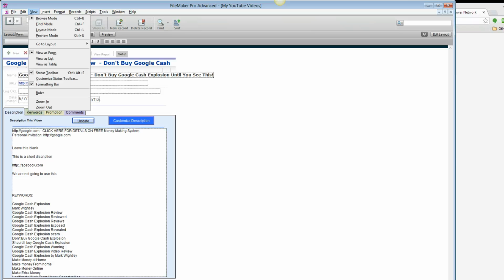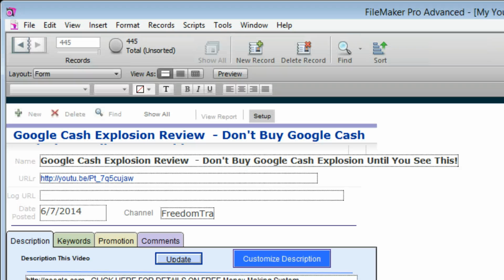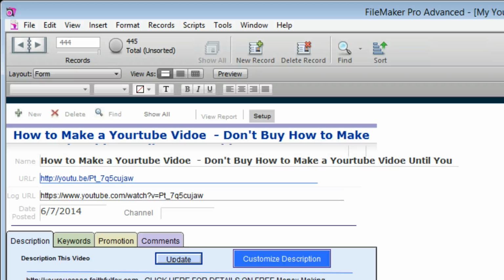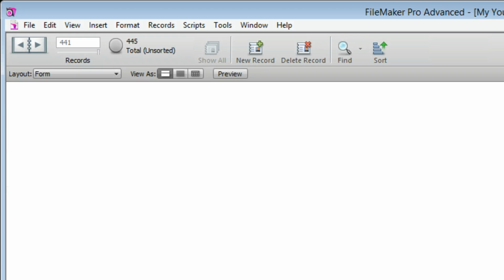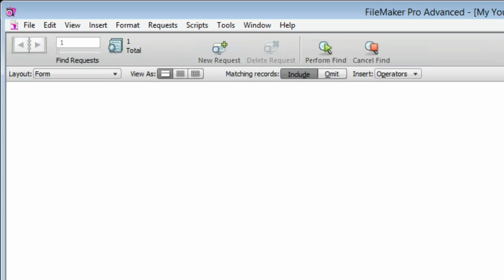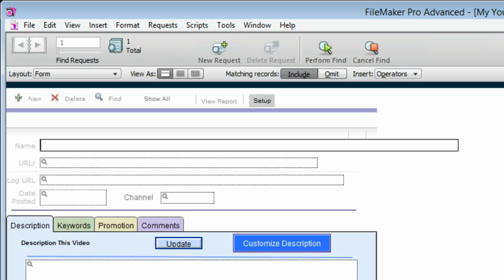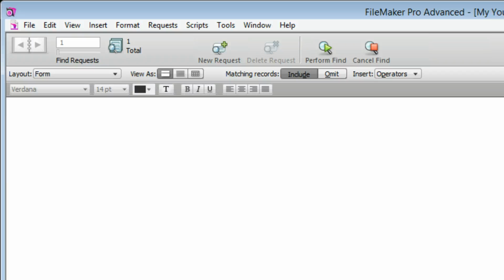Back here at the database, if you're unfamiliar with FileMaker Pro, it's a wonderful database program. You can click through the different videos just by using these arrows here. You can do complete searches. Let's say that we want to find. We push Control-F. It's running a little slow because of my recording program here. Then let's say in the name we want every program that has the word Google in it. So we put in Google,